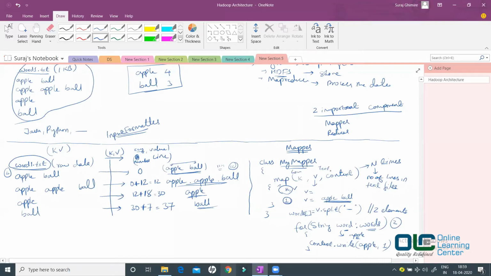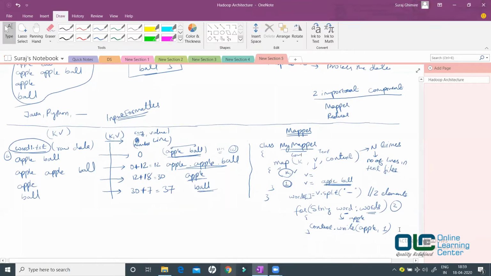We will talk about that later, but let us try to understand the main intention of these exercises, which is to help you understand how to write the logic. We will look into the exact syntax later. I just want to tell you what logic you will have to write. Now this is what we have done, and then we are saying context dot write apple 1 for the first time, right? So I'll not write apple, let me write word.